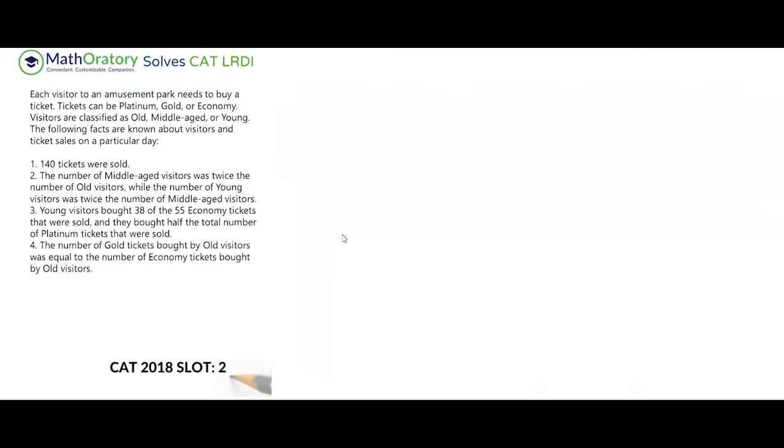Hello again, everyone. This is a CAT 2018 slot 2 question. In this, a little bit of number distribution related question. Missing data, not complete table, will be filled up using the values. But the first thing to identify in this kind of set is what should be the data collection technique. So that should be pretty obvious if you have practiced a bit in LR.